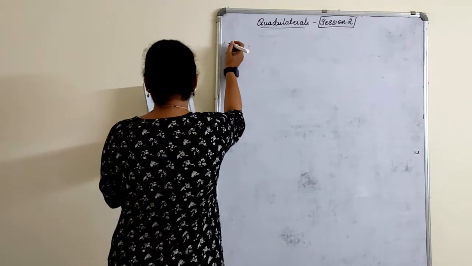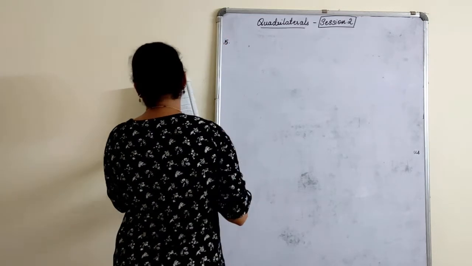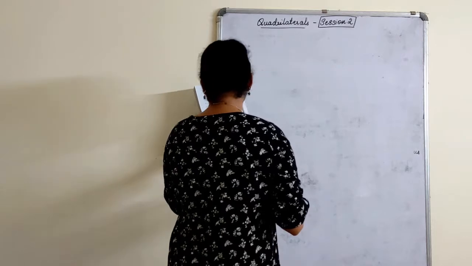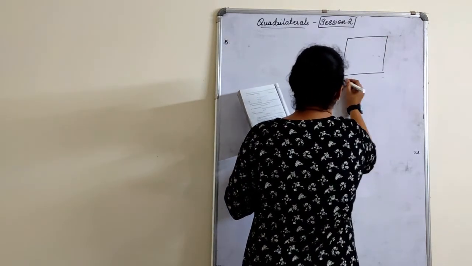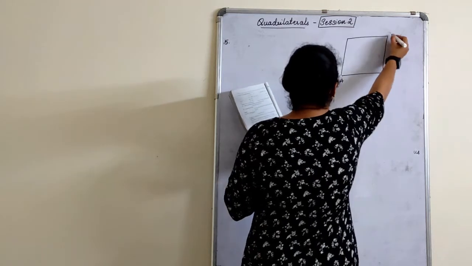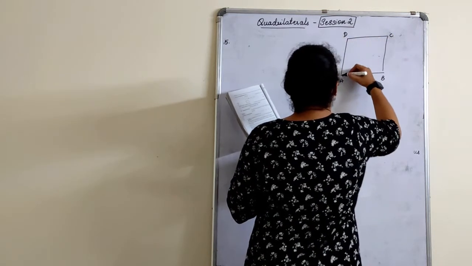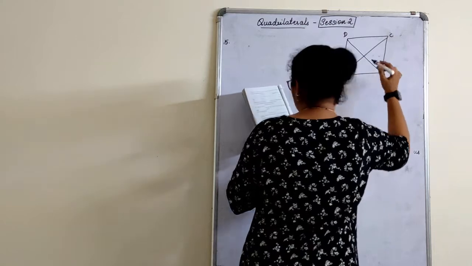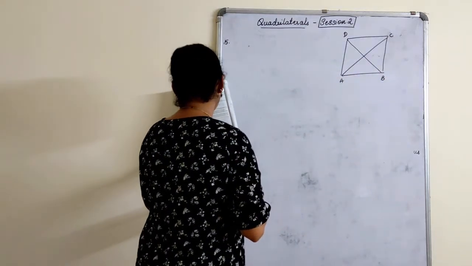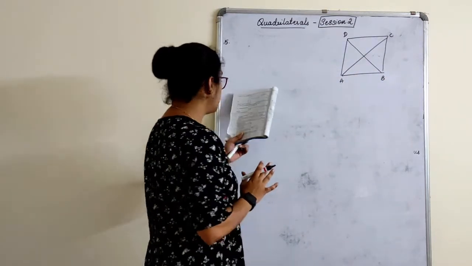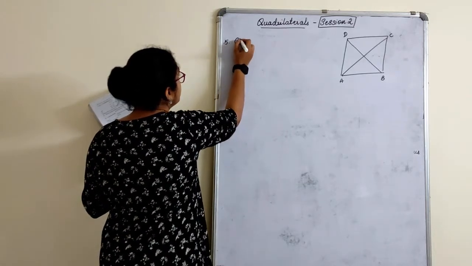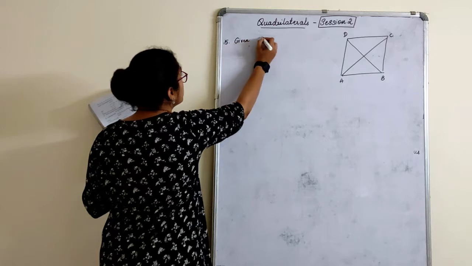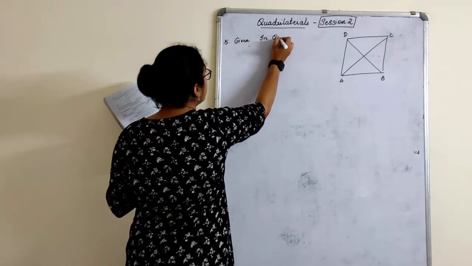Okay. Fifth one. Show that if the diagonals of a quadrilateral, let me just consider one quadrilateral as ABCD. ABCD is a quadrilateral. Given that the diagonals are equal and they bisect each other at right angles. Given, in quadrilateral